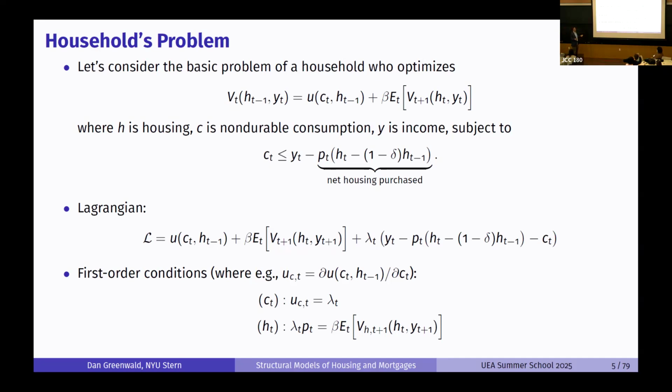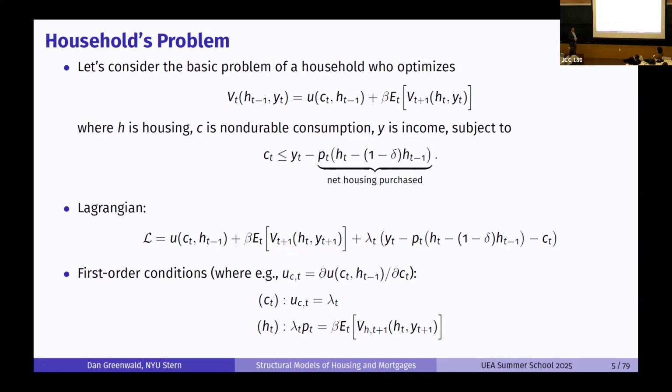So if we want to solve this constrained optimization problem, we just set up the Lagrangian, right? Where we're going to have this stuff, but then we're also going to include this constraint. I've rearranged it so it just has to be greater than or equal to 0 times some multiplier lambda, okay? And if you take the first order conditions, where anything with a subscript letter is going to be the partial derivative with respect to that argument, you're going to find that, well, it's kind of a trivial problem, but